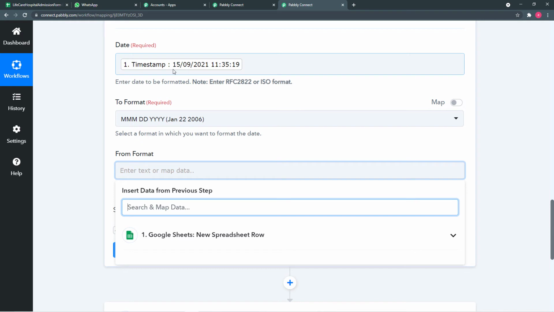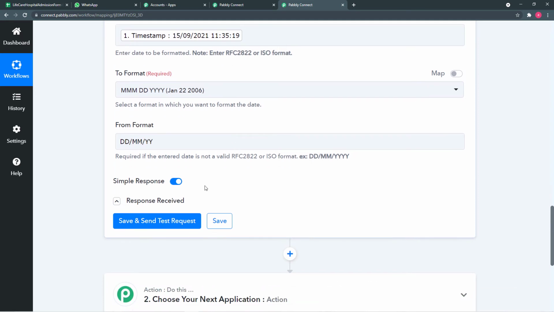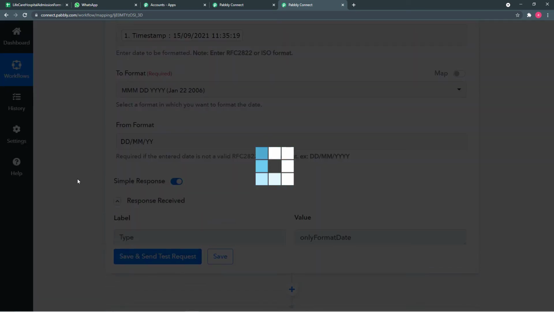This date is in DDMMYY format. So just put this format here manually like this, DDMMYY. When you click here on save and send test request, this date and time will be converted into something like this. Let me show you.